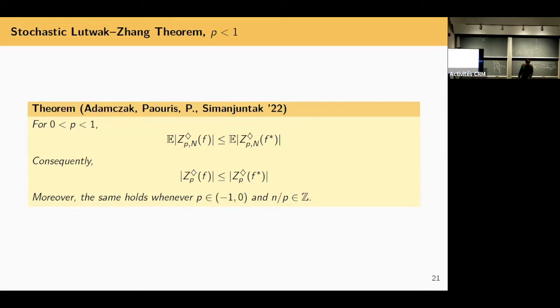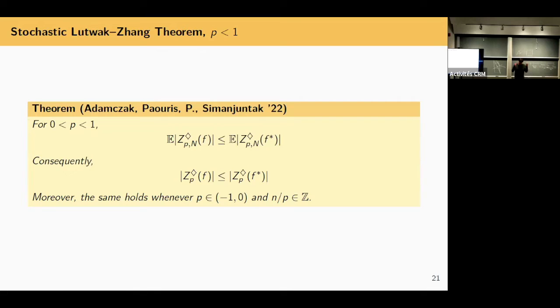This was finished two years ago. I actually still don't know a direct way to deal with the non-random bodies. The proof that we use goes through the random ones. So I want to emphasize why you can treat a volumetric problem for the random one.